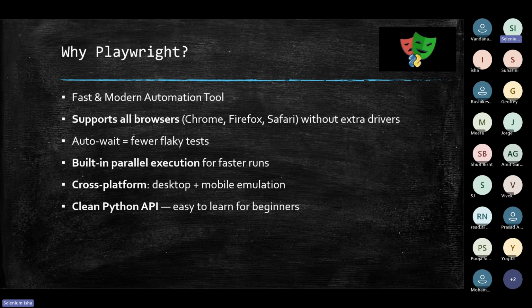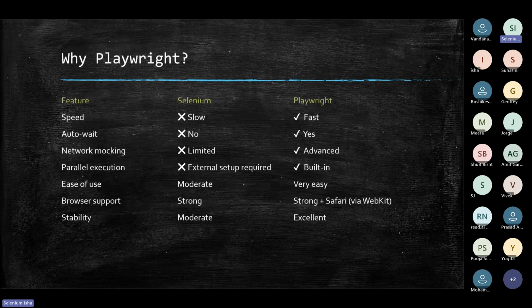You don't have to install any separate plugins like TestNG, Maven, anything. And even with Selenium, API testing was not possible. So that's the reason why we were using Rest Assured there. But with Playwright, you don't have to have anything, because Playwright will be able to automate APIs. So now if you compare the differences between Selenium and Playwright, Selenium used to be slow because